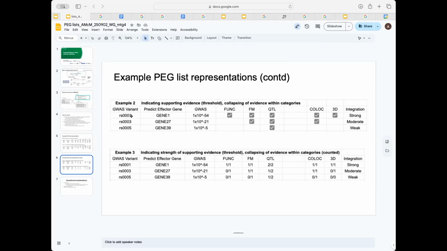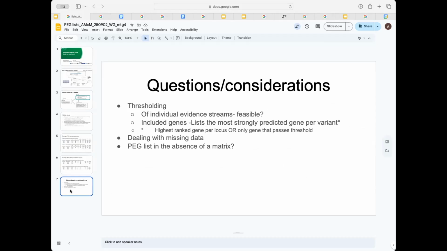So we're right up to time, but these are the kind of things we're thinking for lists. There's obviously a couple of questions around thresholding. It's pretty challenging to ask authors to threshold different evidence streams. Should we require thresholding for the actual inclusion of a gene on the list? Or should it just be your highest ranked gene on a list?